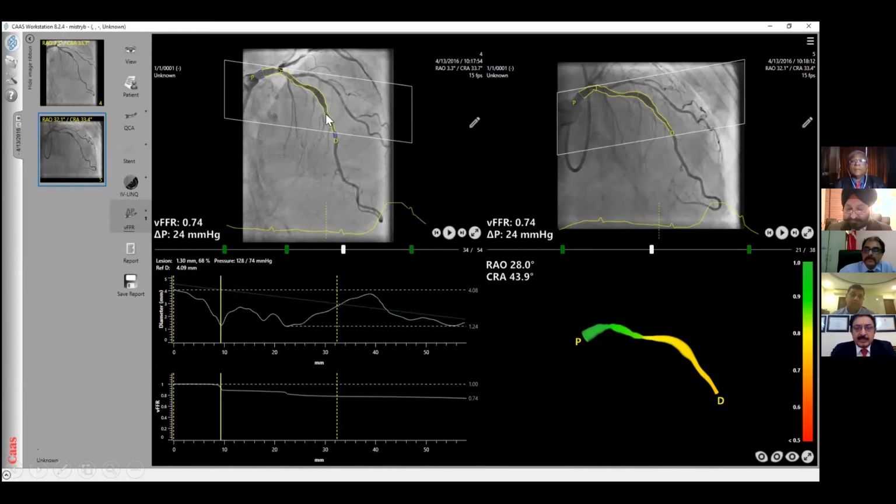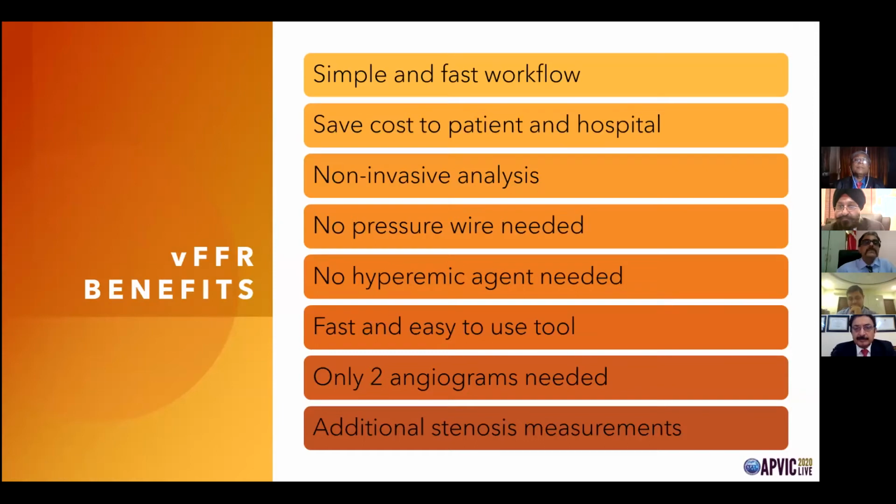So this lesion, if you can see, looks very tight on an angiogram, but if you do VFFR, you actually see that this is a moderate degree of stenosis and does not require intervention. And this can be done without injecting contrast or putting in a pressure wire. So there's no need of a pressure wire here. What you see here is color coded. If you have red, the VFFR is less than 0.8, which is significant, and green and yellow are between 0.8 and 0.9. So again, I've already told you about how to do this technique and what is required.